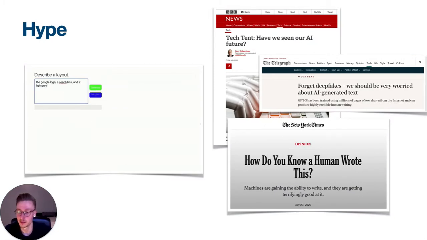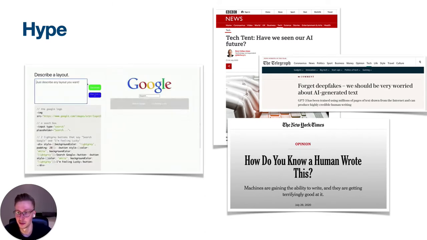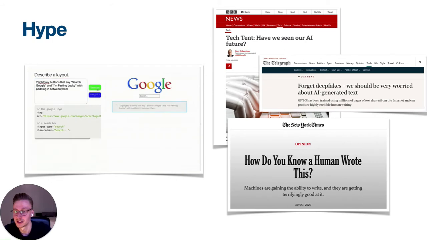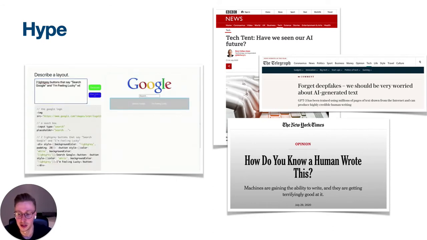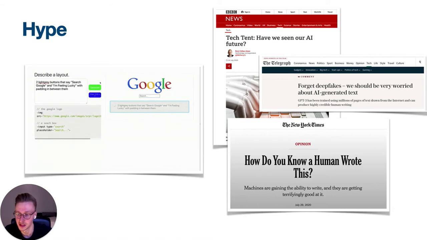A lot of you have probably seen those videos that popped up in the summer of last year where GPT-3 can write apps. Here, for example, it can create the Google website via a natural language description, or GPT-3 can write React apps, all this kind of stuff.